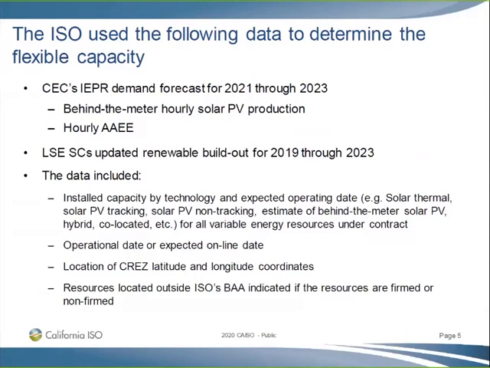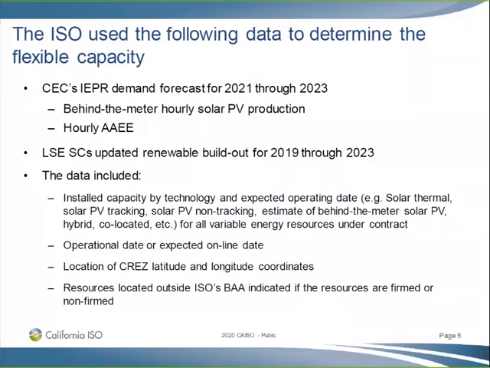One of the things we also asked for is the expected date of the new resources that are coming in. So, for instance, all wind, solar plants that are coming in in 2021, we want to know the expected operational year so we can try to model that correctly as best as we could. And this year we had also asked for latitude, longitude, and we used that quite a bit in the past. Right now, I think this is something we may take out in the request next year.